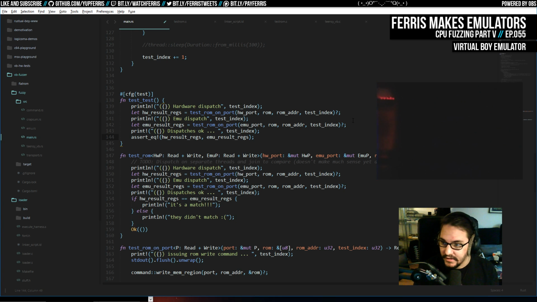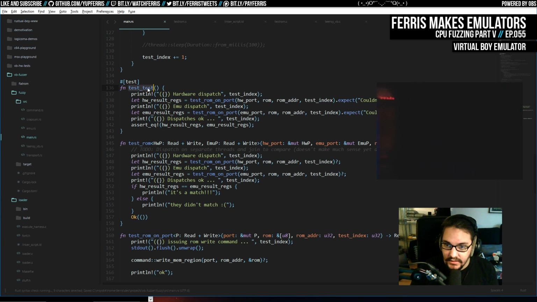So our test would look something like this, and then we can do expect here. Now there's a couple things we're going to have to worry about with this, but oh, it's just test. Cool. Yeah, the config test is what you mark modules and stuff. Yeah, you're right. So one of the things about Rust testing framework is that it will